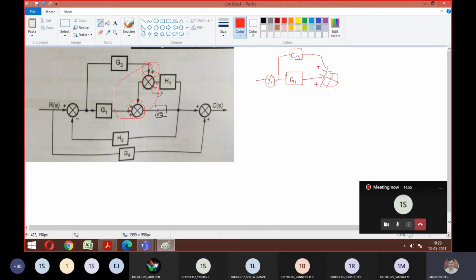Okay, so now what is left out, guys? One more signal. Now if you take this, this is like A, this is like B, and you have C somewhere here. That C somewhere is this summing point. Correct? So how will we write this diagram now? If minus was not there, directly I could have connected H1 by seeing it is having a negative unity feedback. But since it is having minus, what should be done here? To make it as plus.